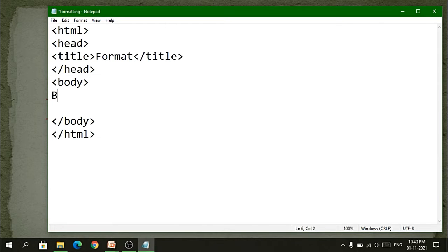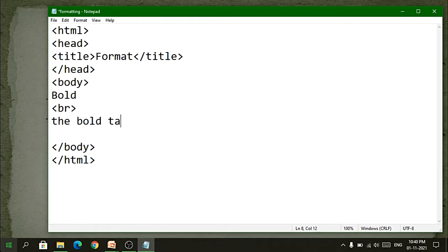So the first one is the bold. I am using my previous code which we have learned, so you may understand BR is used for break line. The B bold tag makes the content bold or highlighted.